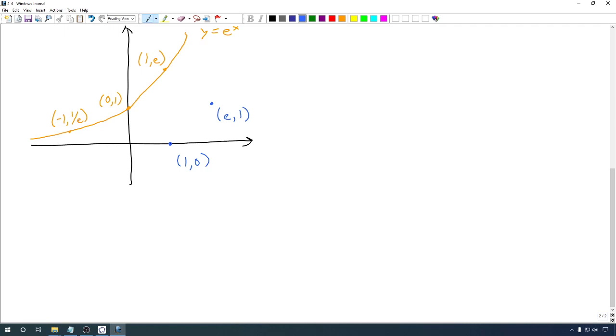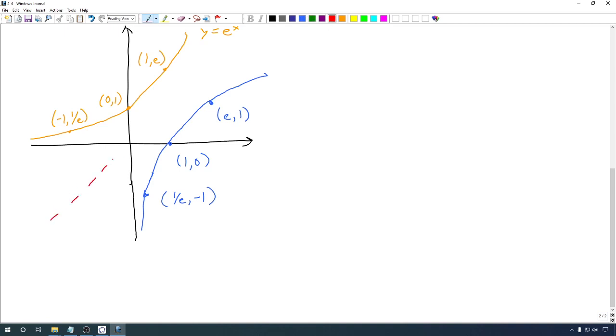Instead of having negative 1, 1 over e, we're going to have a corresponding point of 1 over e, negative 1. And we're going to end up with a curve that looks like this. Now, if you get more into inverse functions, what you can kind of tell is that